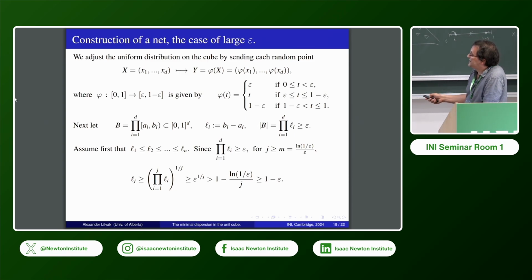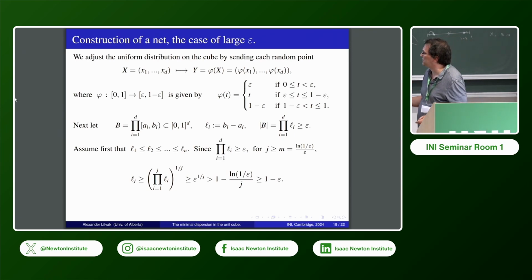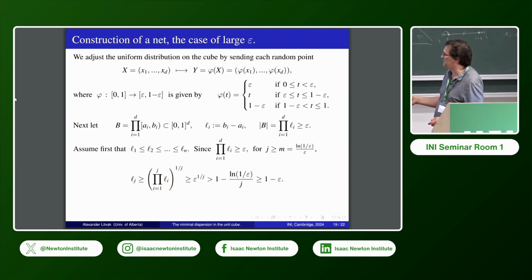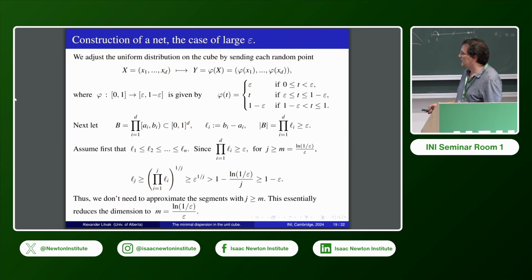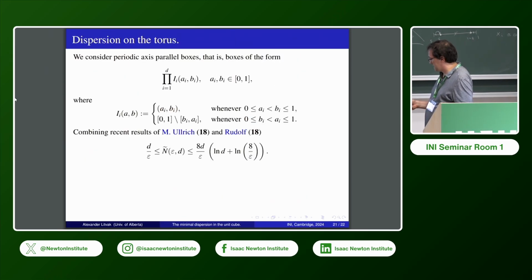And it essentially decreases dimension to this dimension, because I don't approximate other coordinates. And then, of course, you need to multiply by all possible choices because you have rearrangement. But essentially, you apply previous results to dimension m, and then you get the result. So I probably skip calculations because I want to make just one remark on